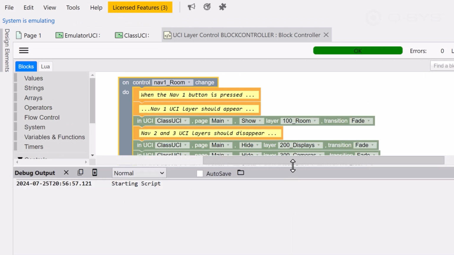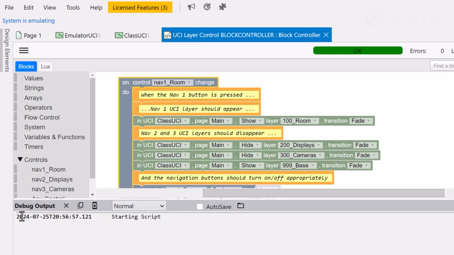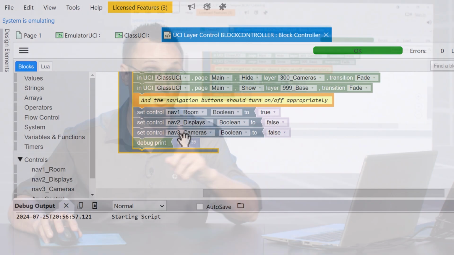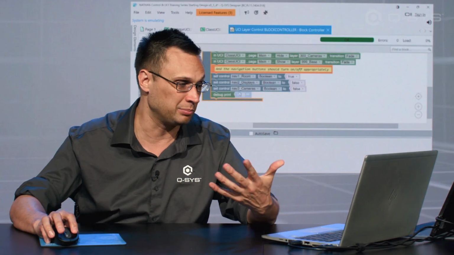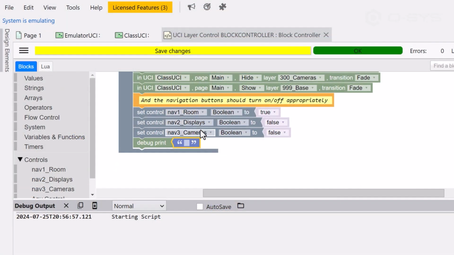We now have some feedback information within the block controller of what it's doing. When it started, it gives us a timestamp of it starting the script. Glorious. And then anything that we tell the system to debug print will show up here in our debug output. So in this one, here we have a ghost block, our half visible blue block here. I'm going to go ahead and replace that with an actual string. It's the same functionality, but I just don't like ghosts hanging around. Call me crazy. You never know. They might slime you. I'm going to type in here,